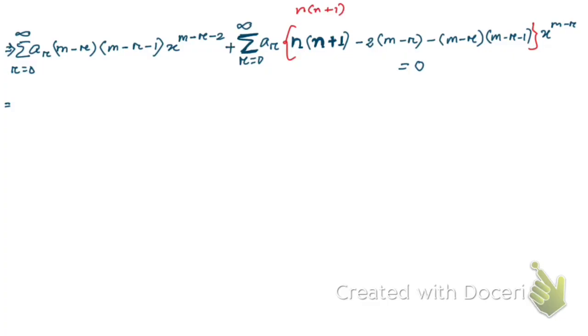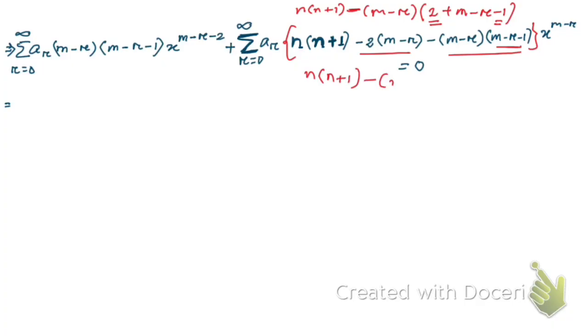Let me take this part common from these two terms. From these two terms we can take minus m minus r common. Then within the bracket we're going to have this minus 2. As minus is already taken common, this minus 2 becomes plus 2, right? Then this minus is already taken common, so here we're going to have plus m minus r minus 1, right? So this is 2 minus 1, so it's going to be of this form, n into n plus 1 minus m